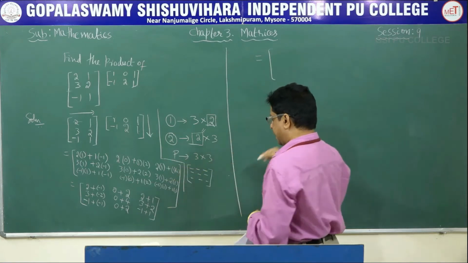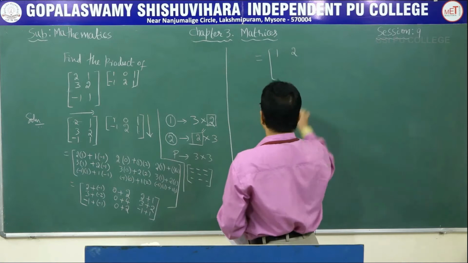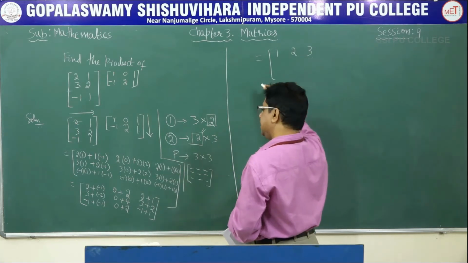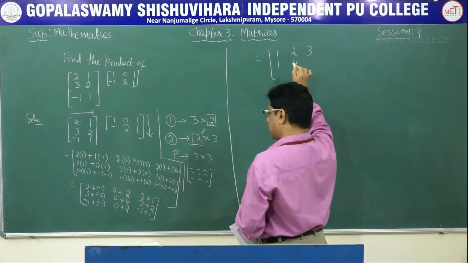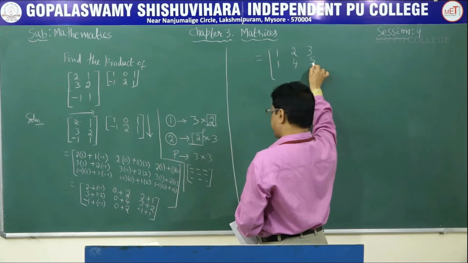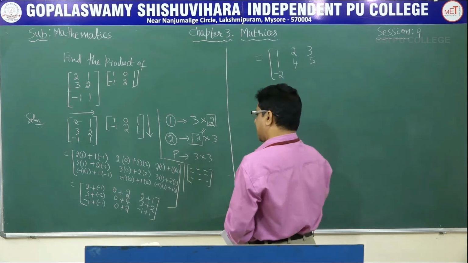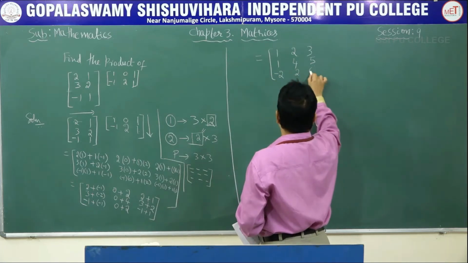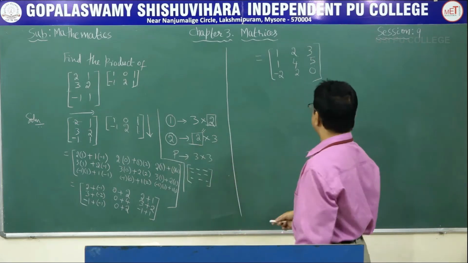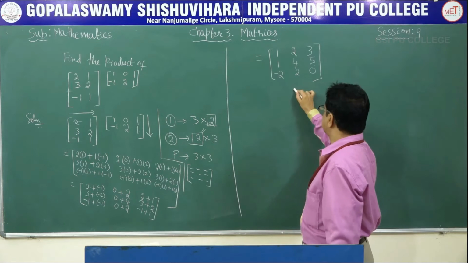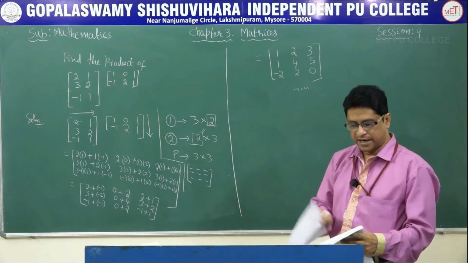So now 2 minus 1, 1; 0 plus 2, 2; 2 plus 1, 3; 3 minus 2, 1; 0 plus 4, 4; 3 plus 2, 5; minus 1 is minus 2; 2; minus 1 plus 1 is 0. So that completes this problem. We pass on to the next problem.